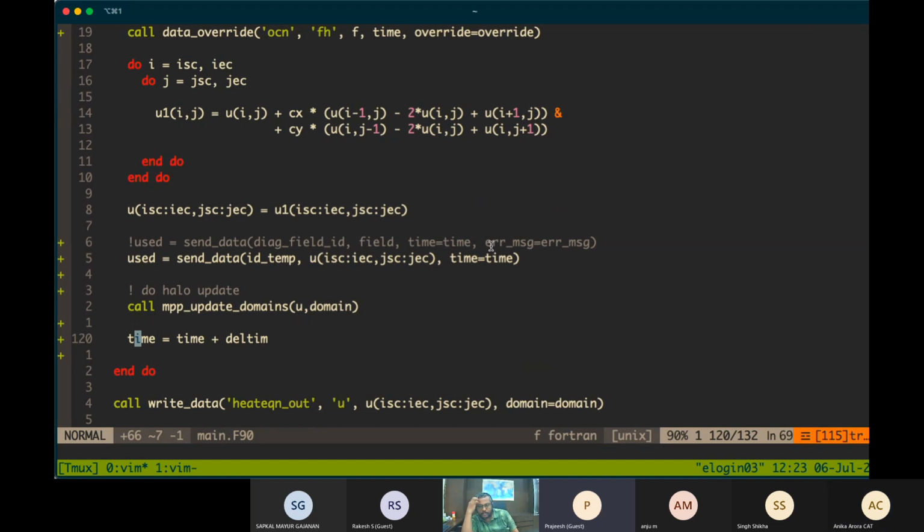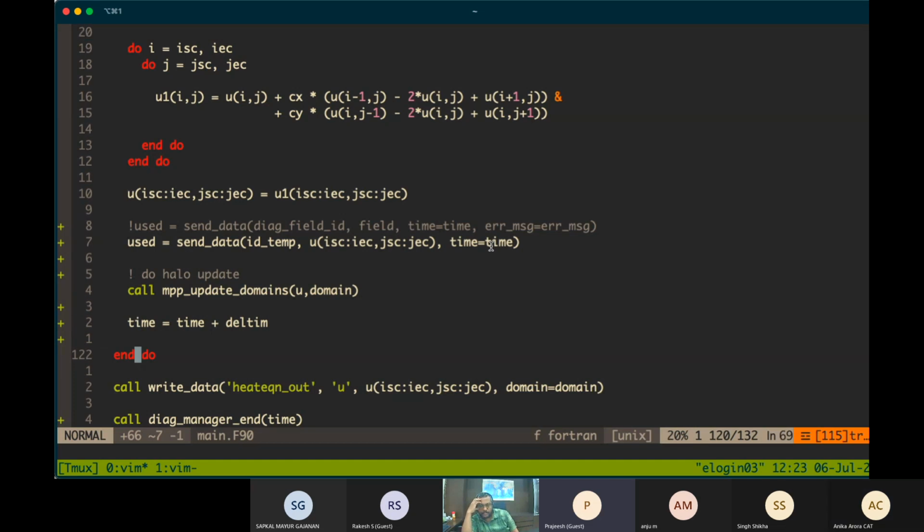These are the data types which are available by default in Fortran. So if I try to print time, it might give an error because it doesn't know how to print it, as this time information is not there. Time is defined by FMS actually.